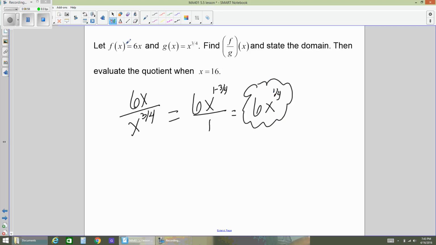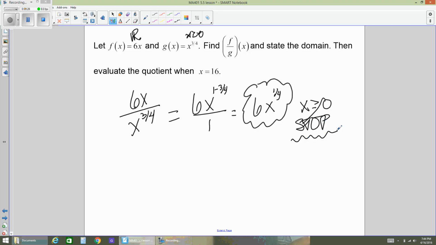This is a linear function. It's all real. This is not. This is an even root. And even roots are restricted to all of the x values that are greater than or equal to 0. Now, this guy right here is also an even root function. So you want to say that it is greater than or equal to 0. But stop,